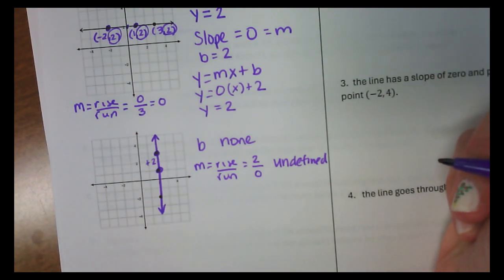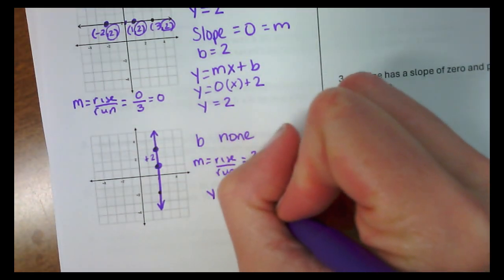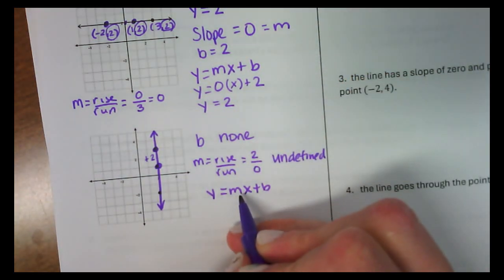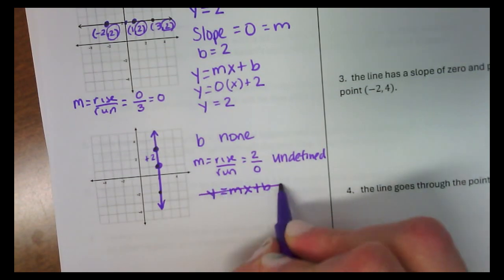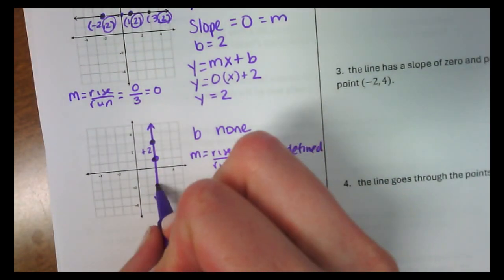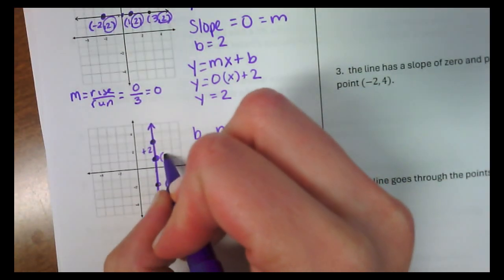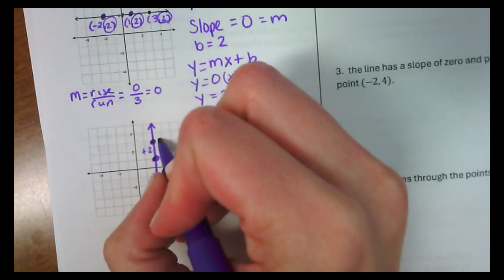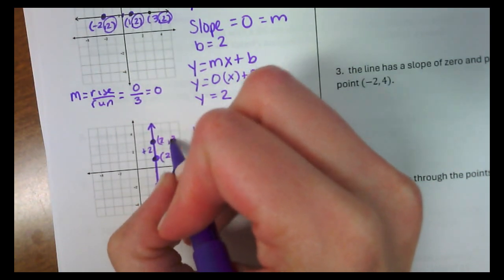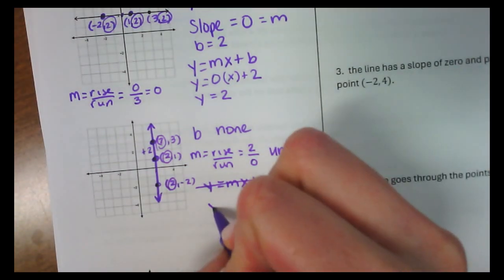So how do I write an equation of line for this? I don't have a slope, it's undefined, and I don't have a b value, so I can't write it in slope-intercept form. The only thing I know about all the points on this line, so if I were to write down my coordinates here,